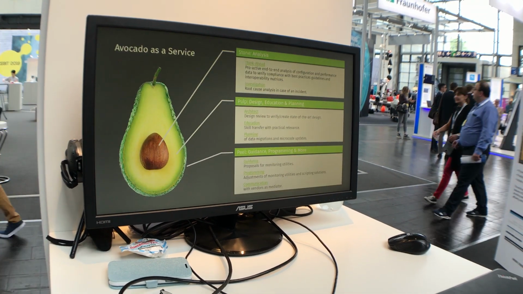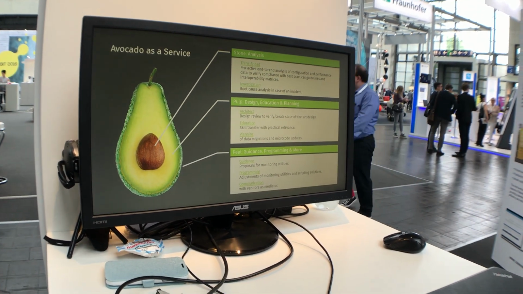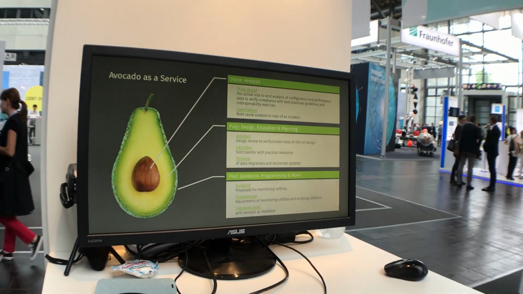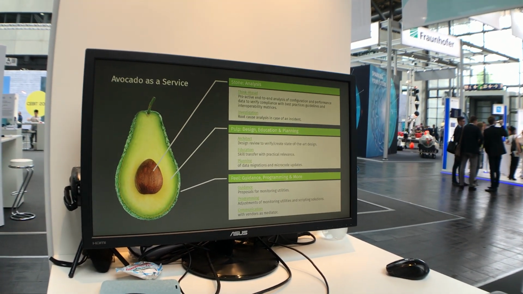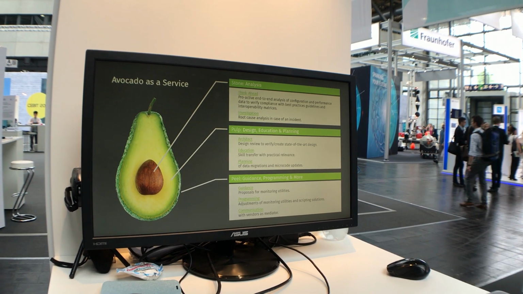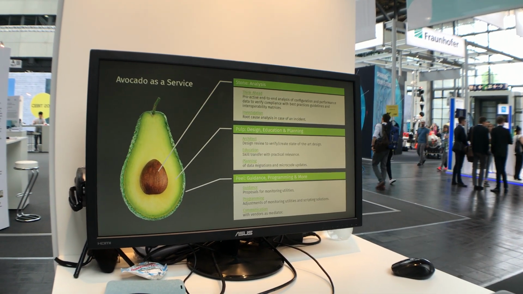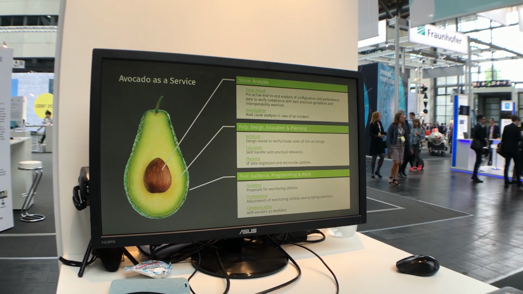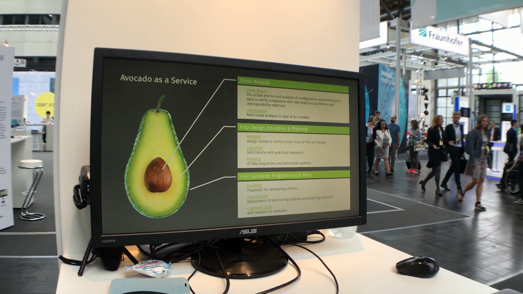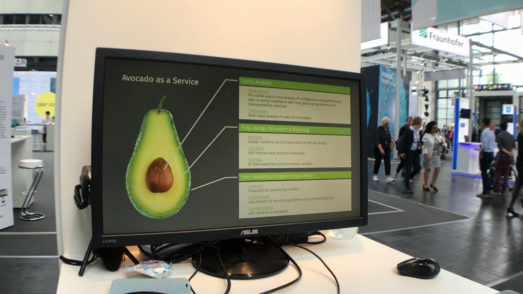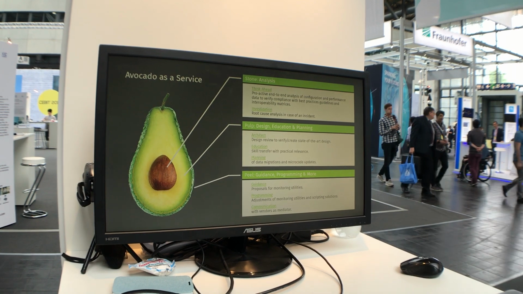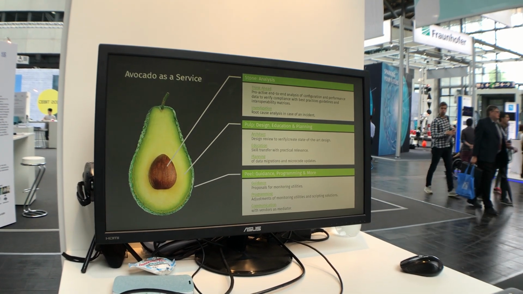And here comes the avocado, why it is an avocado. The stone, the middle part, the hard part. This is our think ahead and investigation service. Think ahead means I don't have a problem yet, but I want to make sure, so let's have a look and see if really everything is okay. Investigation means, guys, the kid is down the well, now you need a rope and pull the kid out. So we are your rope, pulling the kid out of the well in order to get your infrastructure back